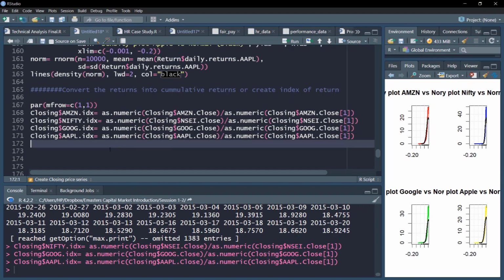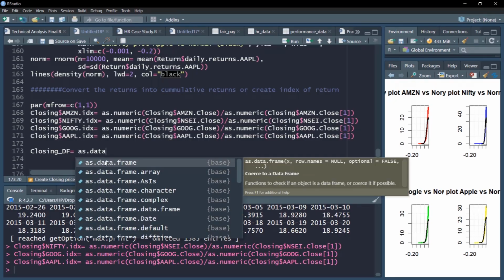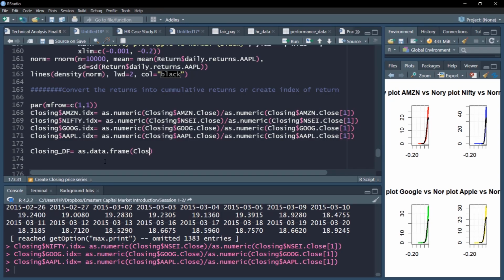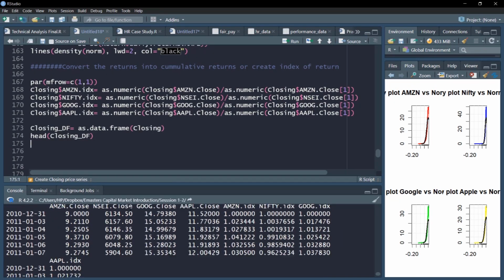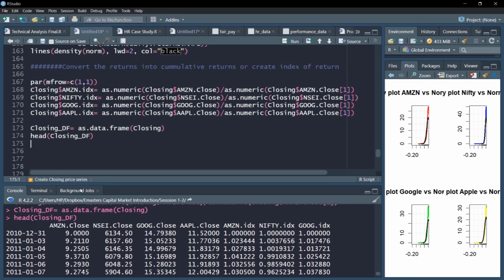Let us add them into a data frame variable called closing_df, the closing data frame, which will carry all the information in data frame form. As you can see, the variable is created. Next, we'll also add a date variable to this data frame.